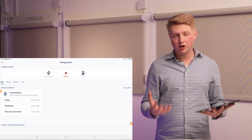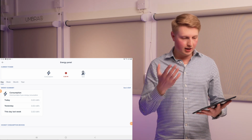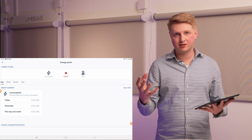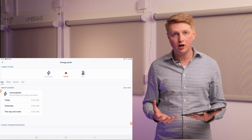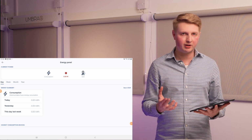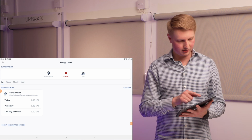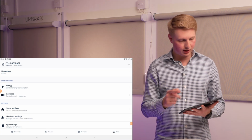I mean, right now with the cost of energy, if you can measure what your energy consumers are and what the biggest energy consumption devices are in your home, you can actually start to do something about it. Whereas at the moment, if you've got no idea, how are you ever going to change it? Really good. Cameras, you can add security cameras in,